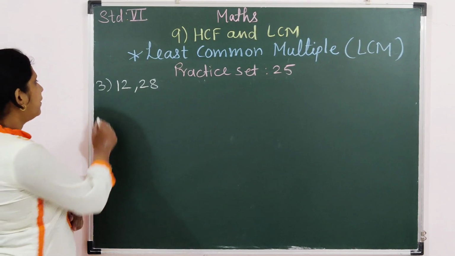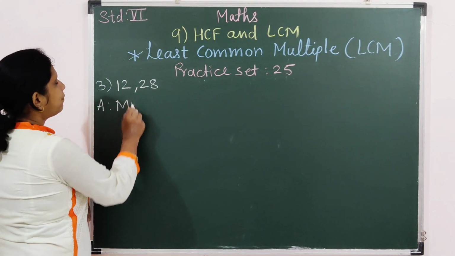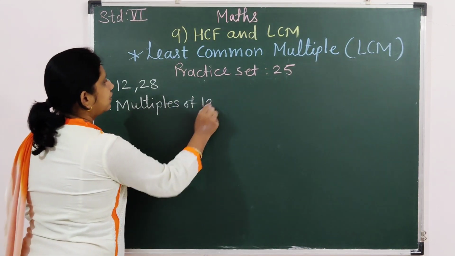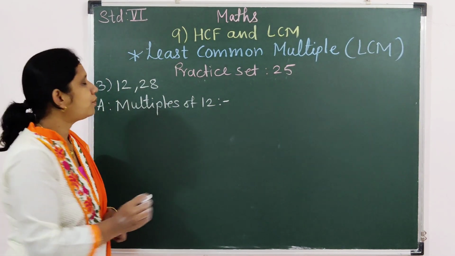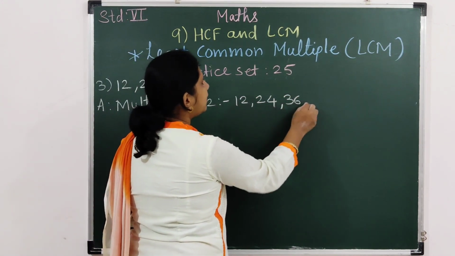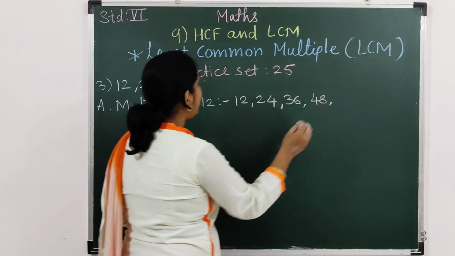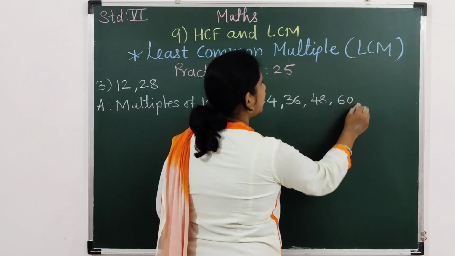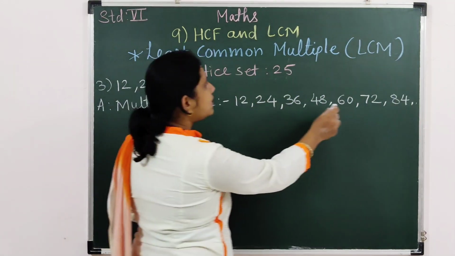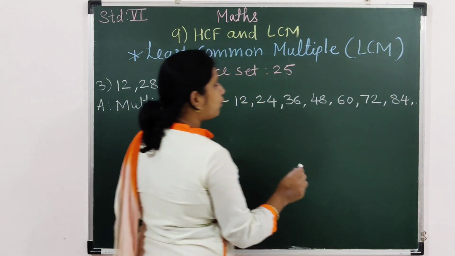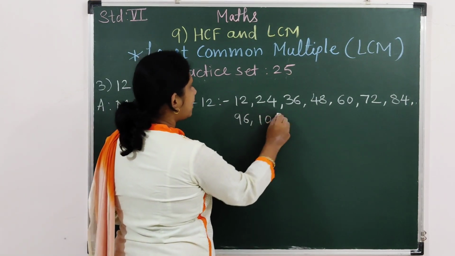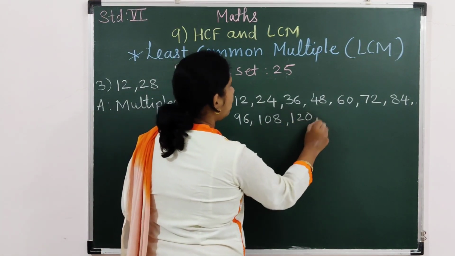See, third example. Let us write the multiples of 12. Write down the table of 12. 12 1s are 12, 12 2s are 24, 12 3s are 36, 12 4s are 48, 12 5s are 60, 12 6s are 72, 12 7s are 84, 12 8s are 96, 12 9s are 108, 12 10s are 120